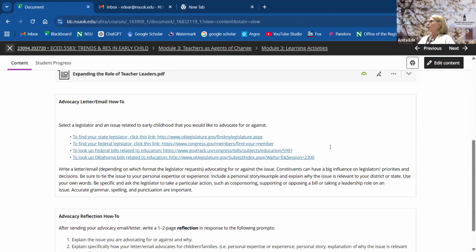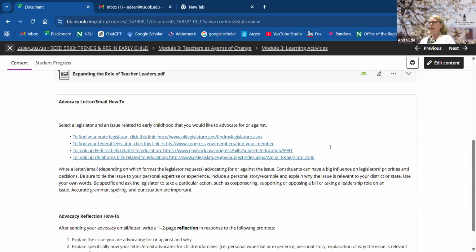Be sure to tie the issue to your own personal or professional experience and expertise. Include a personal example from your classroom or your family and explain why the issue is relevant to your particular area, the one that this legislator represents. Use your own words, be real specific.